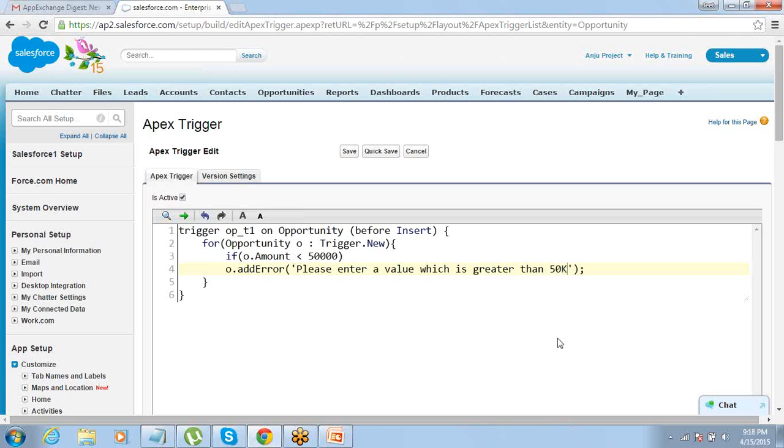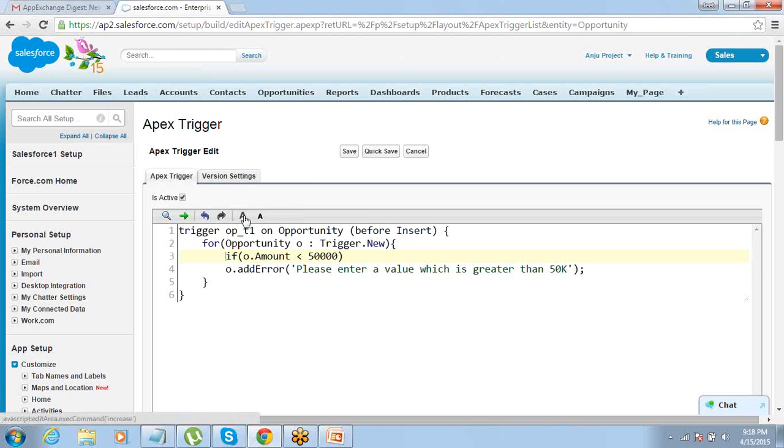That's it. It will check the amount of the record and throw an error. If there is no error, it goes to the for loop again and checks the second record. The moment it finds an error, it stops there and gives you an error. Correct? So this will work absolutely okay with a single record or multiple records.